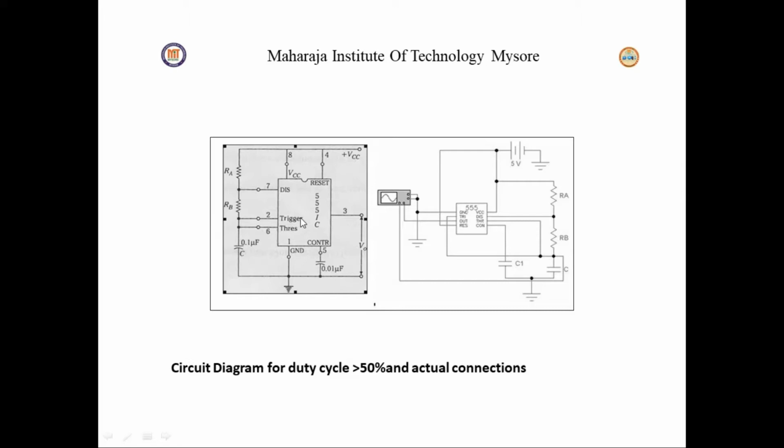And another pin is the threshold pin. Here it is THR. This threshold pin voltage determines when to reset the flip-flop in the timer. The threshold pin is drawn from the positive input of the upper comparator. If the control pin is open, then a voltage equal to or greater than 2 by 3 VCC will reset the flip-flop. So the output goes low. Here output goes high and here the output goes low.